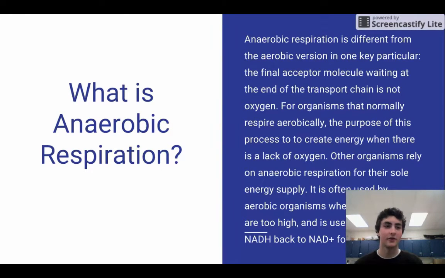Many organisms use anaerobic respiration when there is not enough oxygen available to continue aerobic respiration, while others only rely on anaerobic respiration as their main method of energy production. It is also used to oxidize NADH back to NAD+ to allow glycolysis to continue, or it is used to